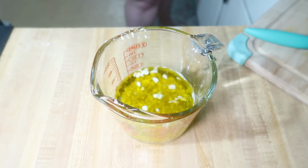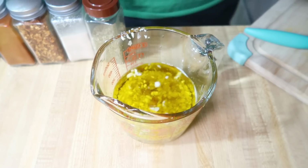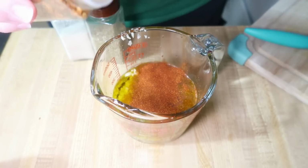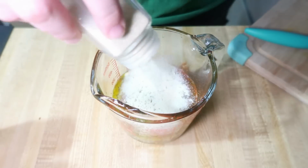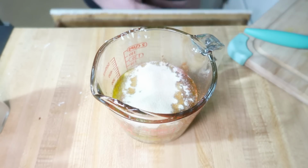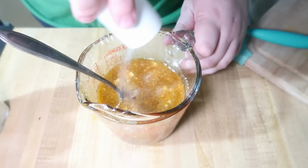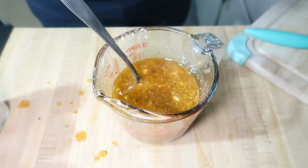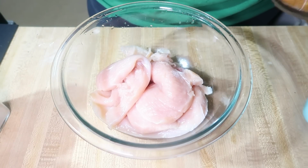But the original recipe, you want to mix together 1/4 cup of olive oil, the juice of 1 large lemon, 4 cloves of garlic minced, a tablespoon of honey, a teaspoon of paprika, a teaspoon of onion powder, 1/2 teaspoon of oregano, 1/4 teaspoon of chili pepper flakes, a little bit of salt and pepper, and 1/4 cup of grated Parmesan cheese. Mix that all together really well,